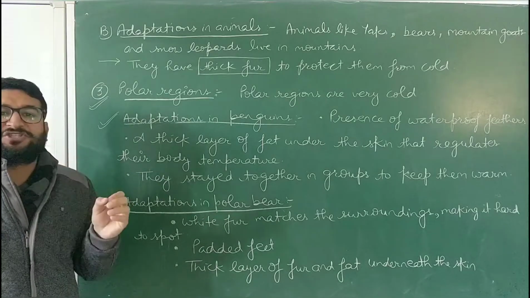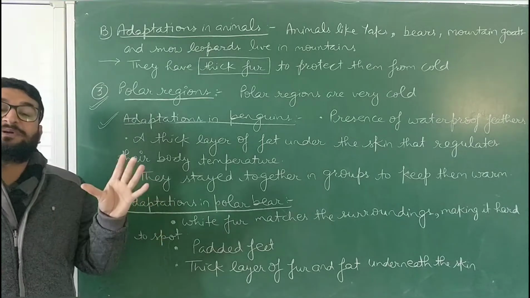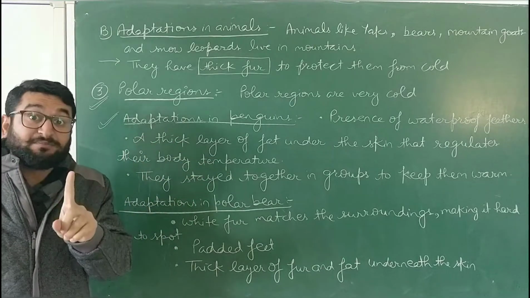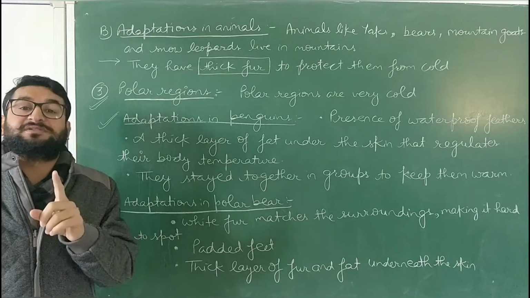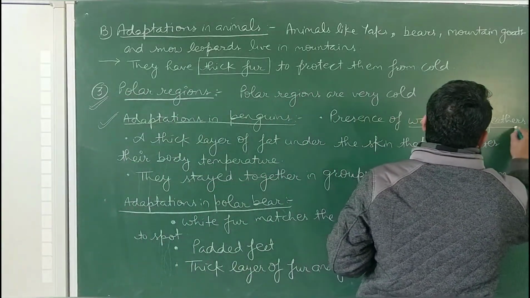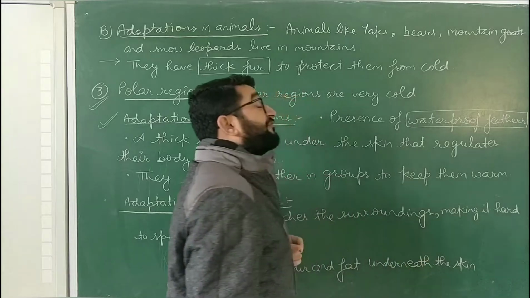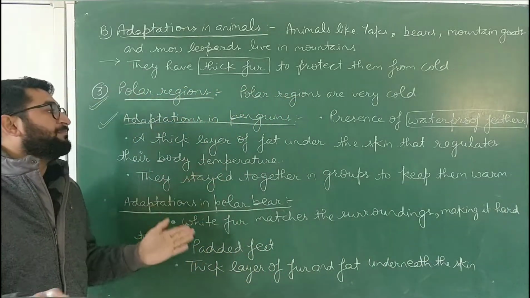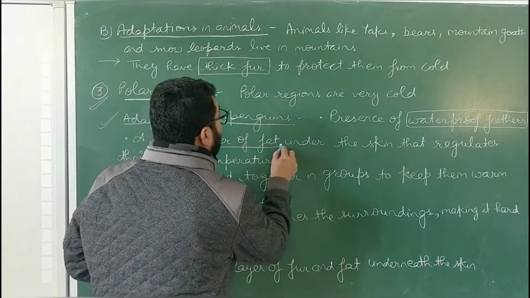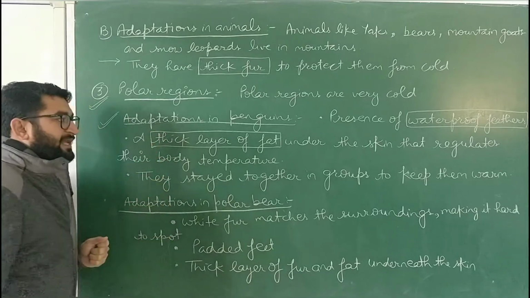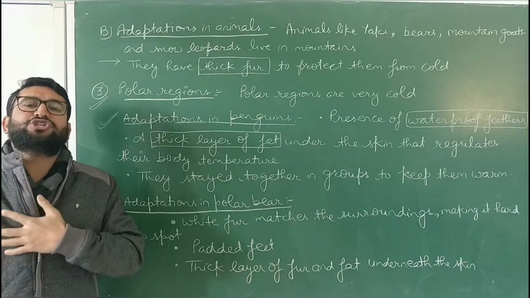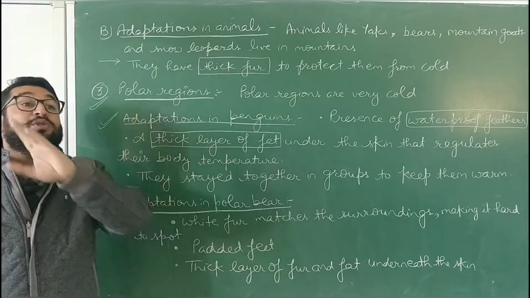Penguins have various features which help them to survive in that particular place, in that particular polar region. Penguins are birds, but they are flightless birds. They do not fly. Penguins have waterproof feathers. They have flap-like feathers which help them to swim. They can swim in water. Next thing, they have a thick layer of fat under their skin. And fat is an insulating covering. That fat does not allow the body heat to lose away, as well as does not allow the outer environment